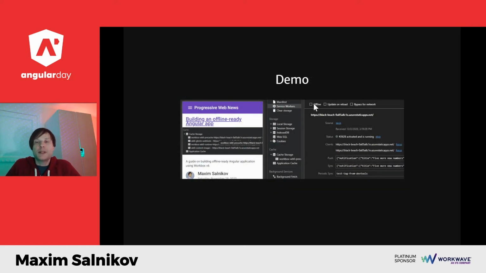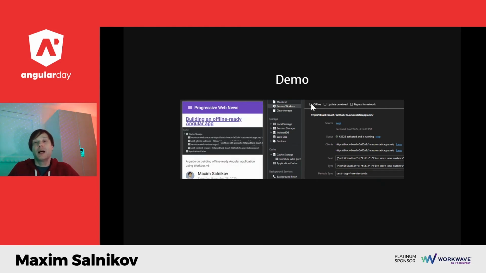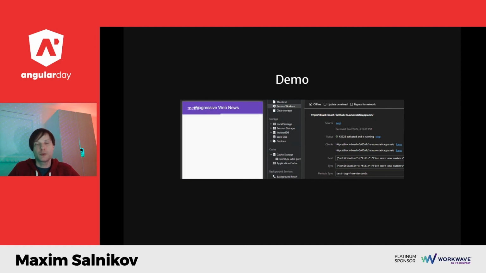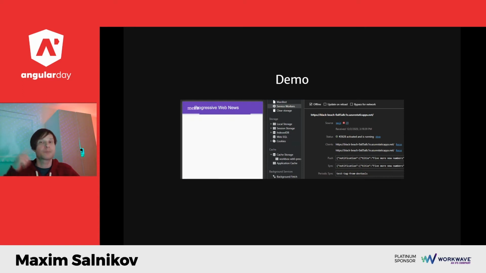Okay, what will we see now in offline mode? If we hit offline and refresh, we will see what we almost want to see, right? Application shell is here, but no data, so you will not see the news and you will not see the post, and you will not see this hamburger icon because I use Google fonts and I use them from Google